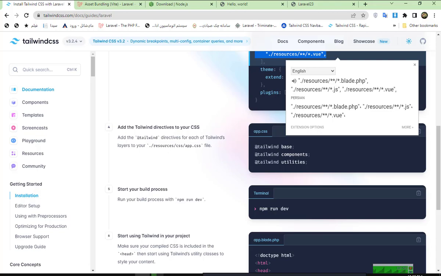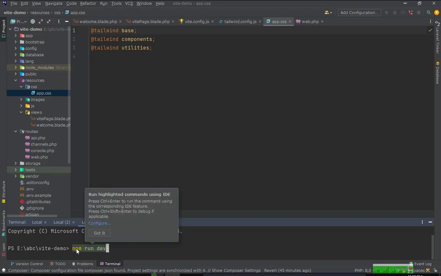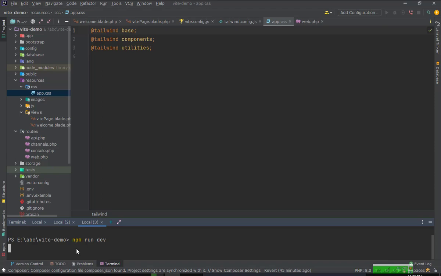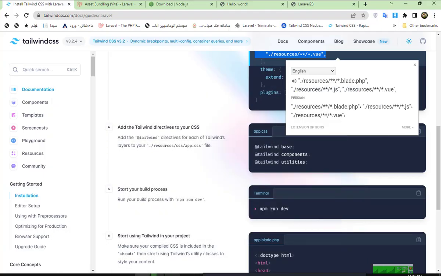So I go to the editor, and here I add a new terminal and say npm run dev and hit enter. Yes, it works, it created for us and ran dev and Vite. Our work is ready. As you know, if we go to our project in VS Code, in PHPStorm,